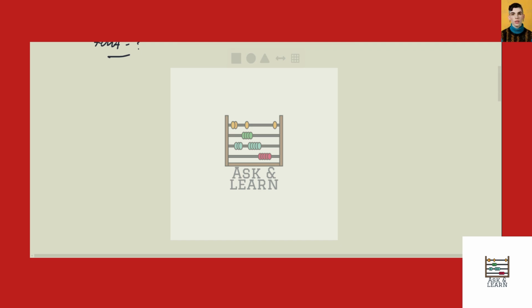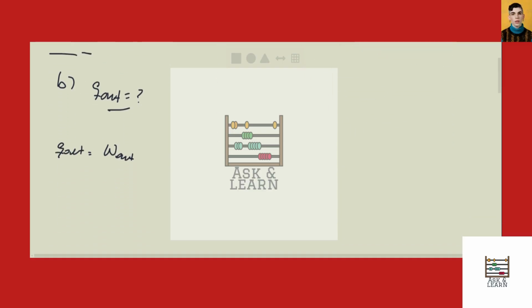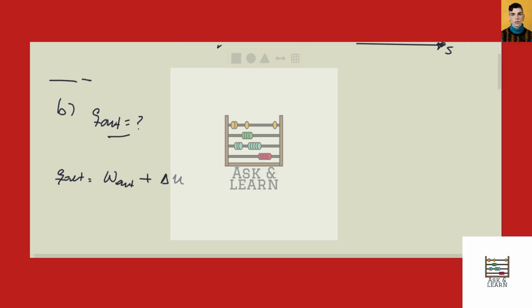Okay, so let's see. The output heat is going to be represented by the work done into the system, plus the change in the internal energy of the system. Okay, so